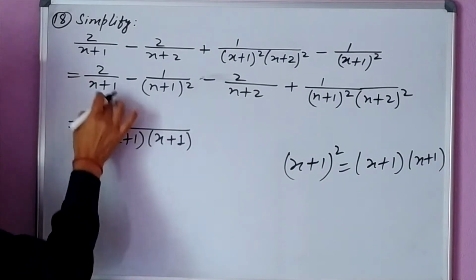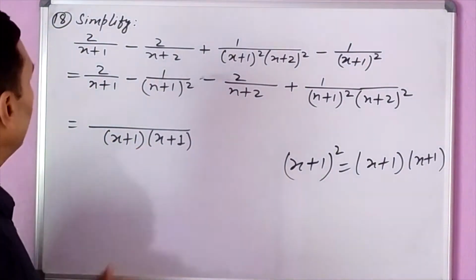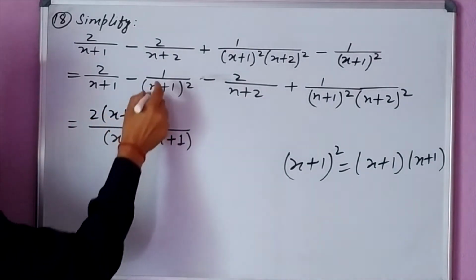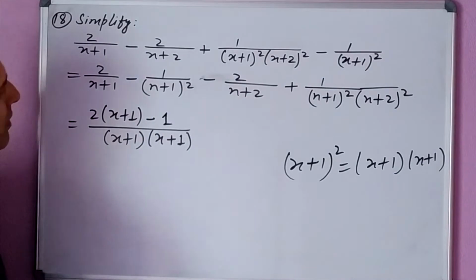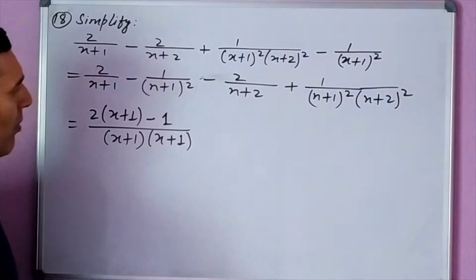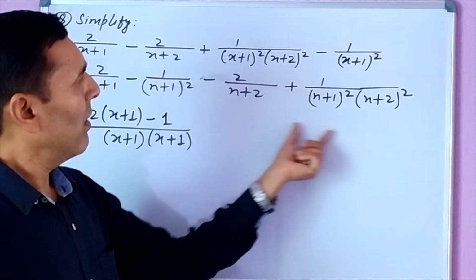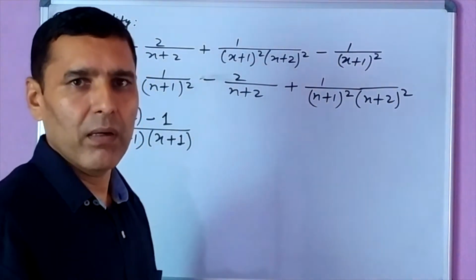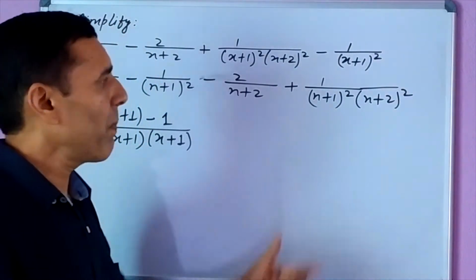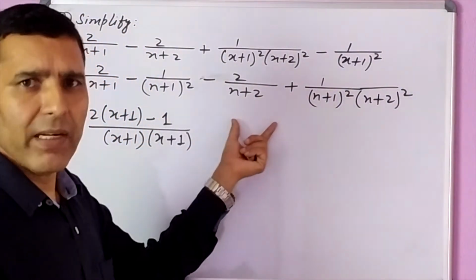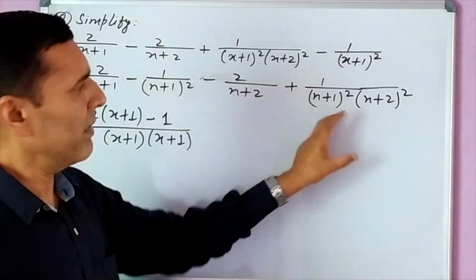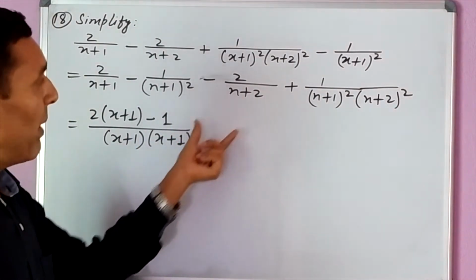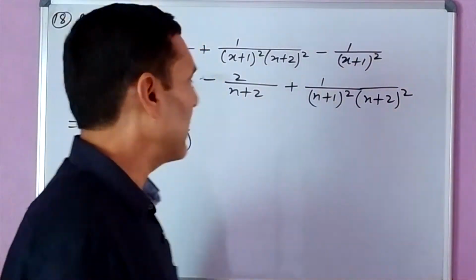So if you divide this LCM by the denominator, with these two, one x plus 1 will be remaining there, and here there is 1 only. But at the same time we can combine the last two terms and take the LCM. In this way also we can continue this. But what I am doing here is, I am not taking the LCM in the last two terms. What we get from the first two terms, I combine with the third term, and finally I will take the LCM with the last term.